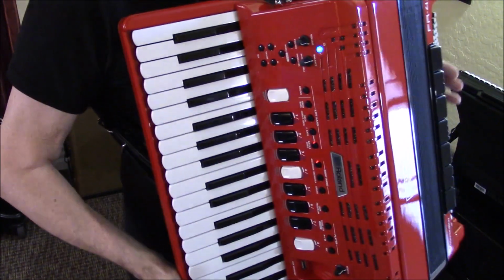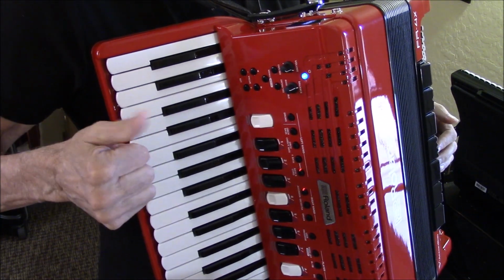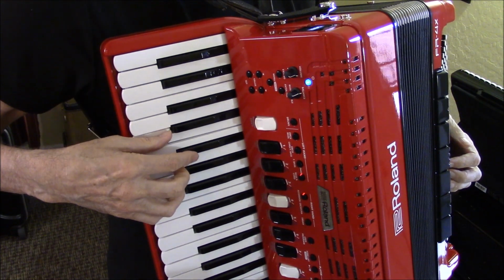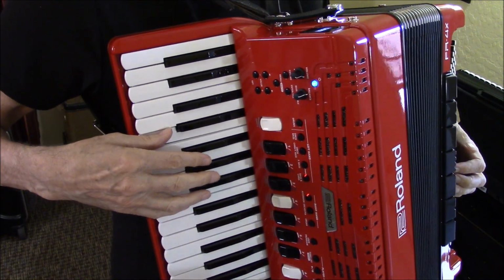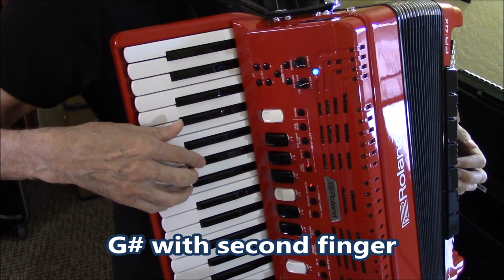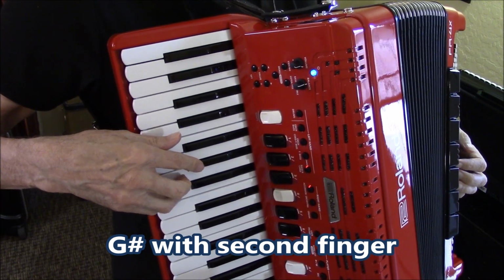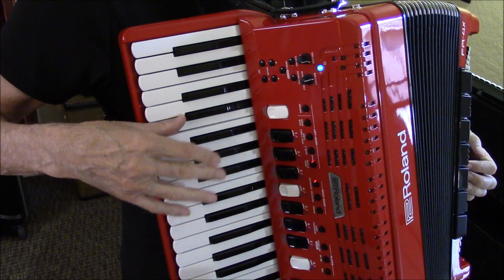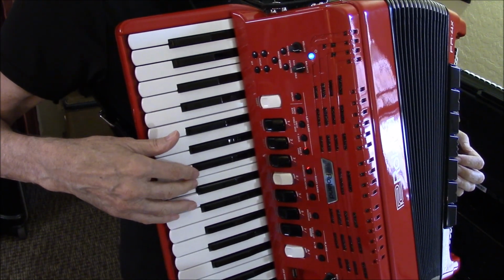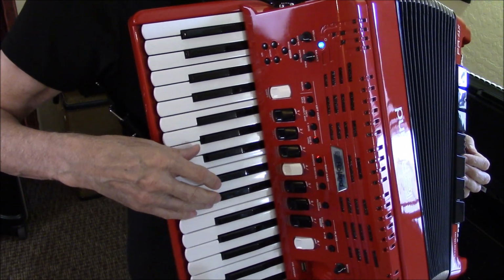First of all, you're going to start off with your thumb on an E, and then you're going to get your second finger up to the G sharp. Second finger on G sharp, and now you move your third finger all the way up to the C, 2, 1, and fourth finger on E,